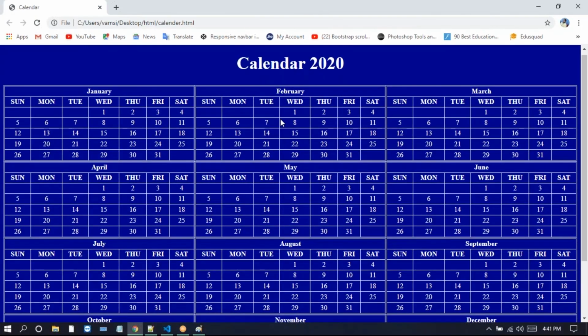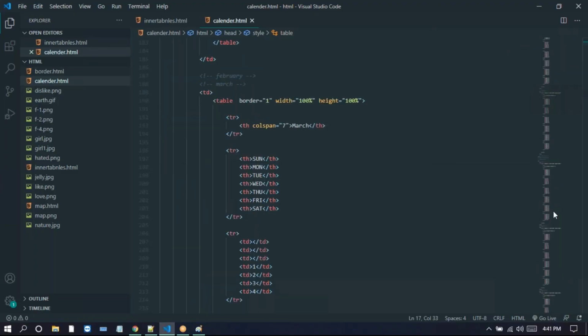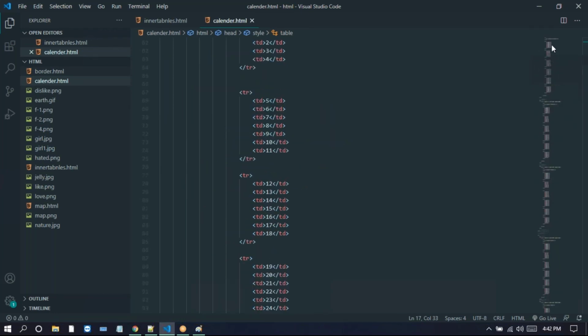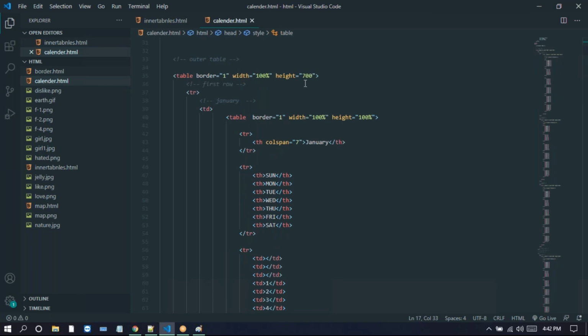So look at this one. We need to give some space here. So for this space, we just write, so here I'm just taking for the space. So here for this one is our main table, right? That is a parent table. Here I'm writing cell spacing. I'm writing cell spacing like 20 pixels. So just give the cell spacing 20 pixels.